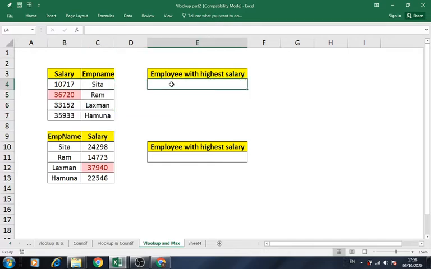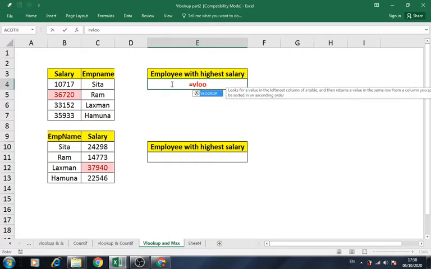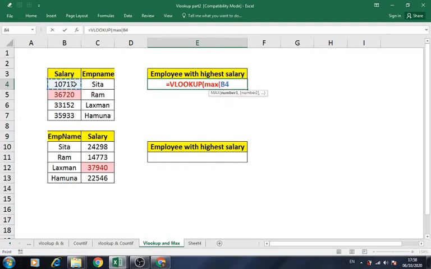So whenever we extract the data from a table, we can use vertical lookup or VLOOKUP function. Vertically lookup. Which value should I search from the source data is whoever I should search based on the maximum salary. I'll be using max function, max of this list. So the system will pick up the maximum salary from that list, which is 36,000. Okay, I should search that one.